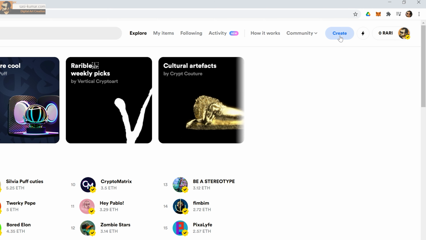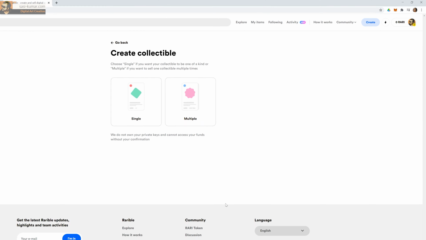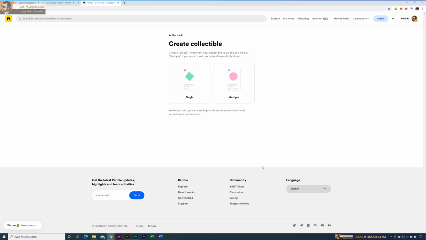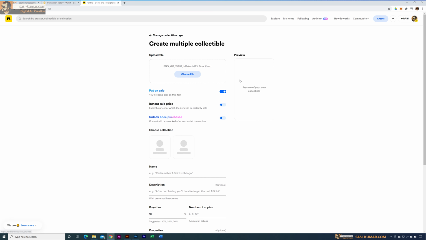First, go in here and select create NFT, which will bring you to this create NFT page. And in here you can see it's asking whether you want to create a single art or multiple copies of the same art. For our example, I'm going to select multiple. So select multiple, which will bring you to the next step. And in here you can straight away upload your artwork. You can see there are a couple of different types of files you can upload. You can upload PNG, JPG, or animated GIF. And also now we have the MP4 video format and crypto domains as well.